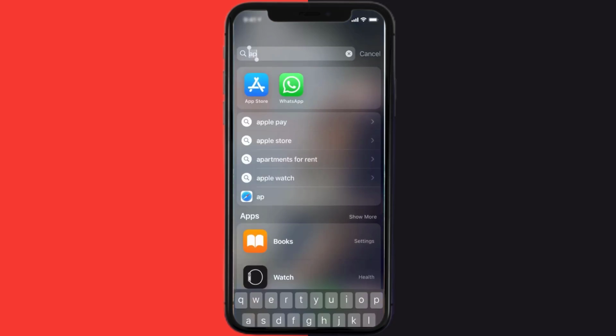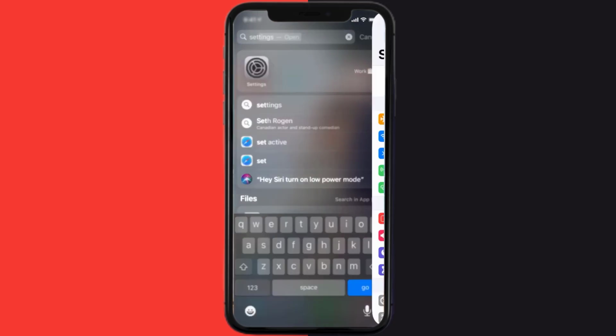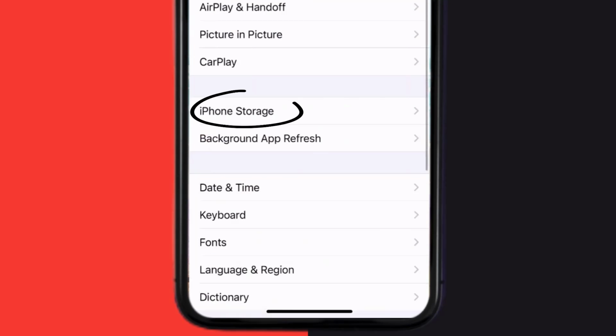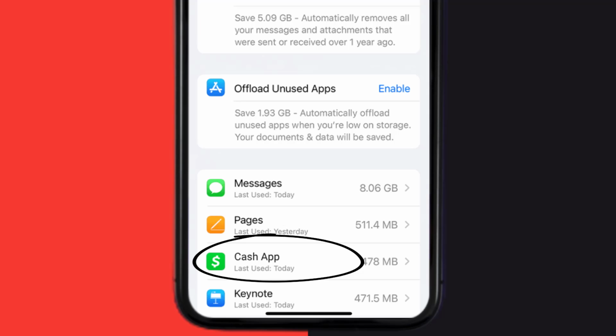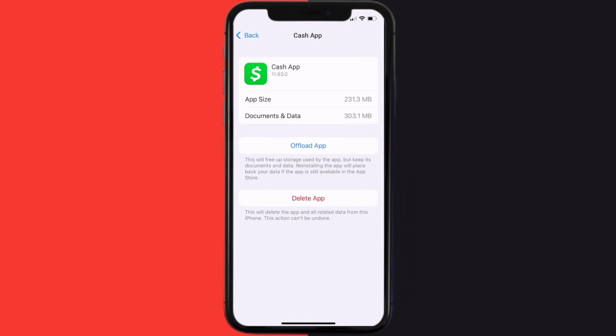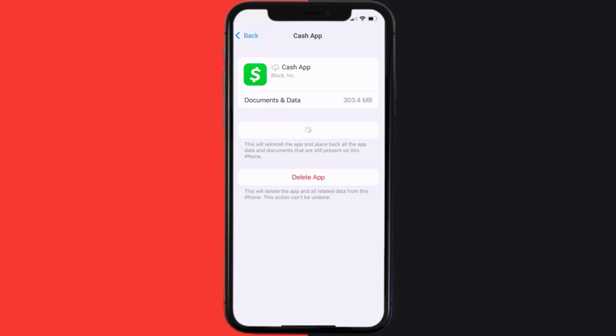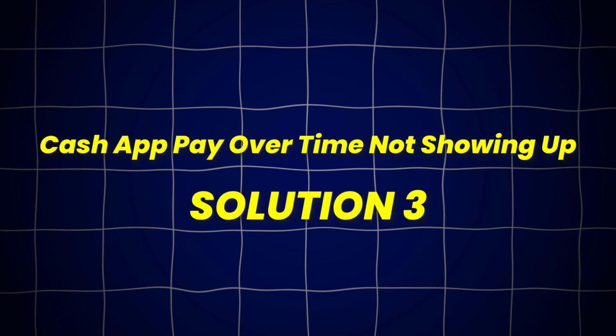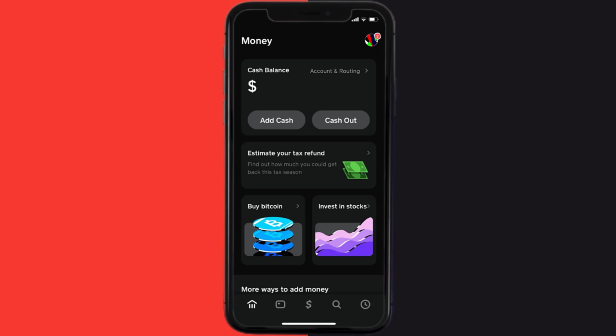clear App Cache. Go to your device settings and then scroll all the way down to General and tap on it. Then tap on iPhone Storage. From here, search for the Cash App and then tap on it. Once you're on this screen, you need to tap on Offload App. Tap again to confirm. It'll take a bit for processing, and then a reinstall button will show up. Simply tap on it to reinstall the app. This should fix Cash App Pay Over Time feature not showing up, but if it doesn't, then open up Cash